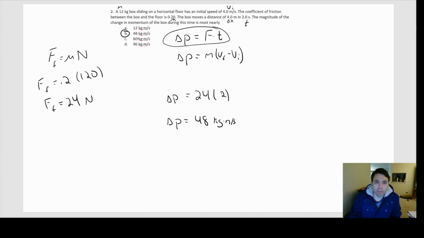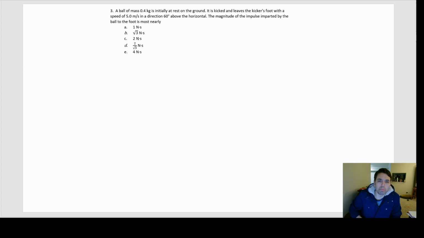Alright, cool. Number 3, a ball of mass 0.4 kilograms initially at rest on the ground. It is kicked and leaves the kicker's foot with a speed of 5 meters a second in a direction 60 degrees above the horizontal. The magnitude of the impulse imparted by the ball to the foot is most nearly what? Same kind of question as before. This time we got,